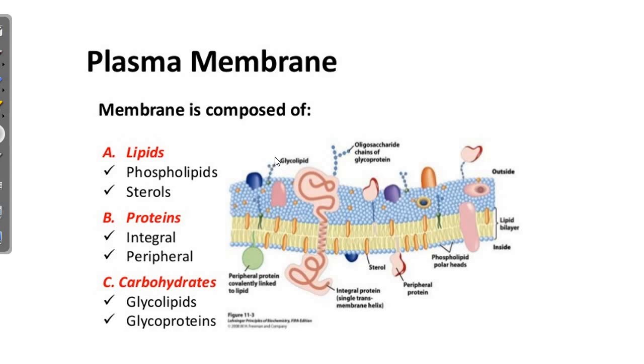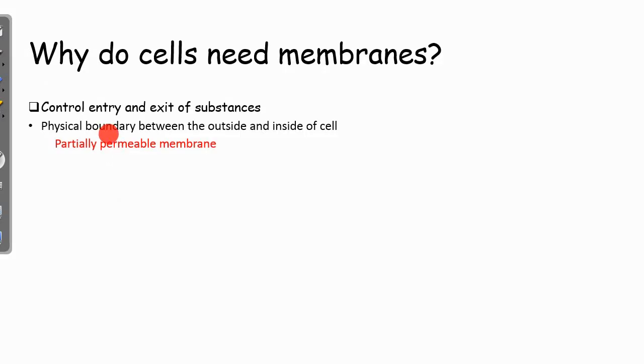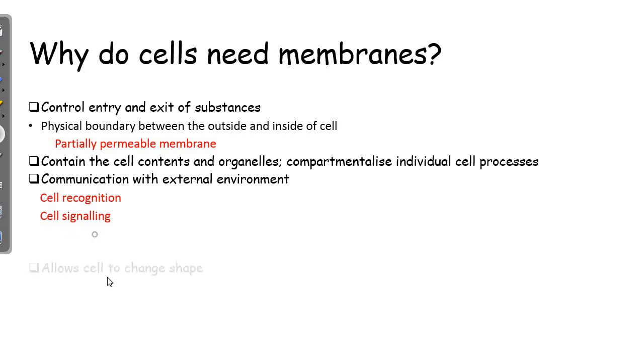So in summary, the phospholipid is mainly responsible for the semi-permeability of the membrane. If you check the function, the first function, controlling entry and exit of substances, the partially permeable membrane, is because of the phospholipid. Okay. Next is compartmentalization and communication with the external environment, which is the protein composition. They are mainly helpful in communication. Cell recognition and cell signaling were mainly because of the